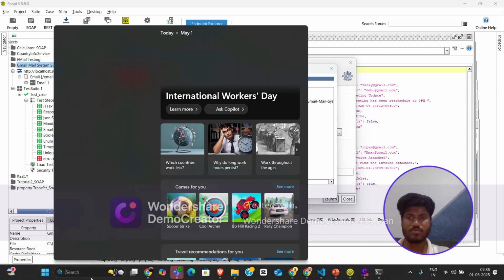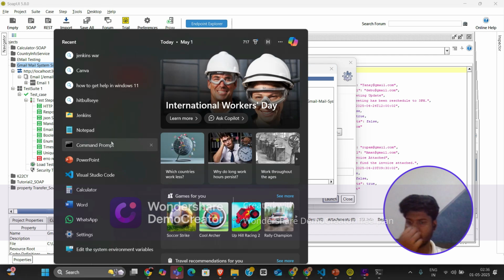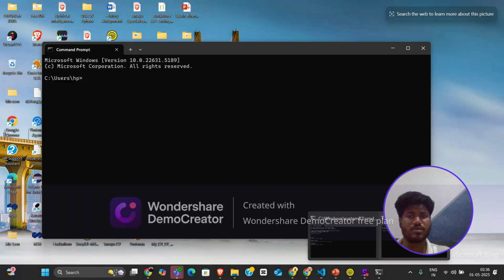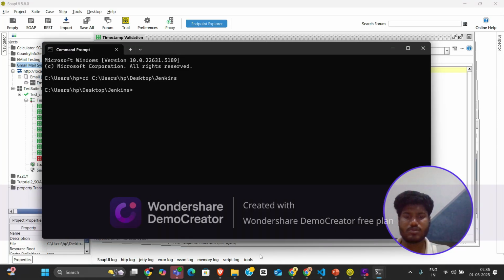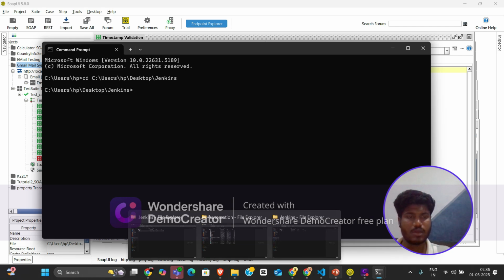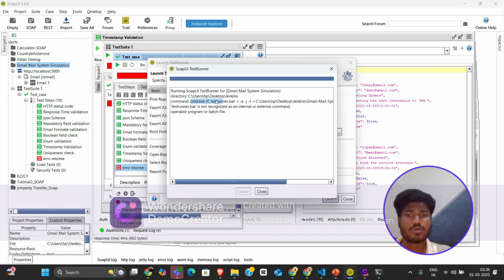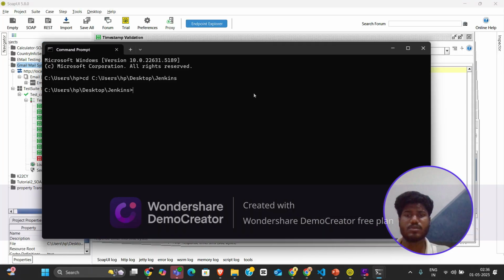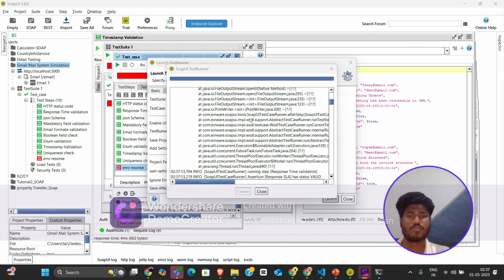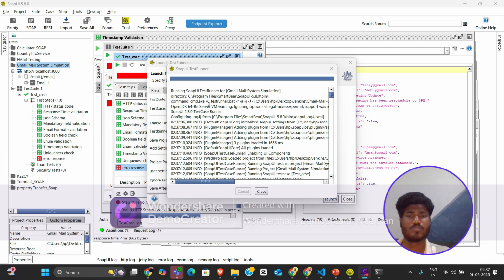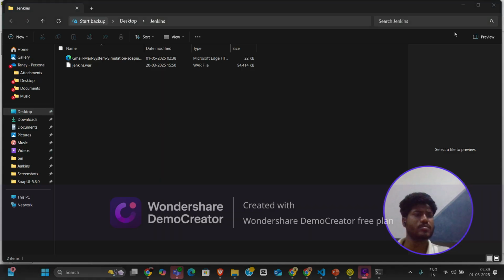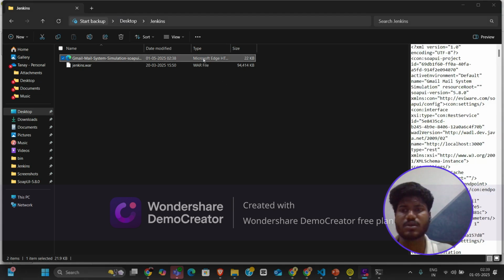Now we have to open the command prompt and go to the directory where the file is. In the command prompt, cd, enter the folder, and again we click this. After the run, this is our